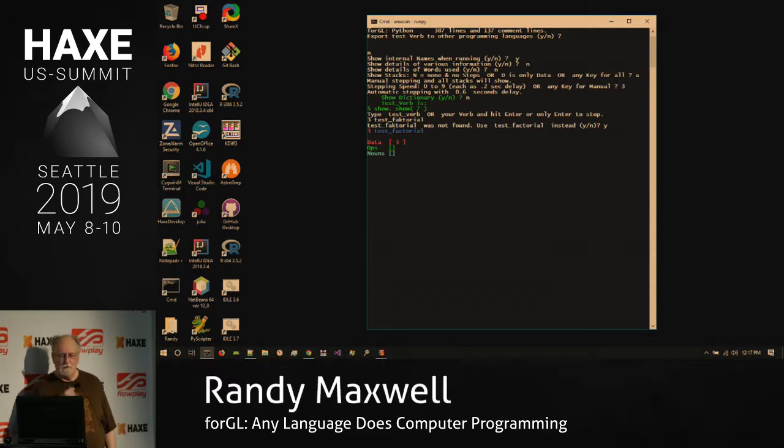It's going through a little bit of, it's like a single-stepping debugger with automation. So it's going through one step at a time through the forGL interpreter, and it's doing various operations. Some operations will push values on the data stack, some on the operand or operator stack, whatever you want to call it. And then some, I call nouns. You can call it named data, like